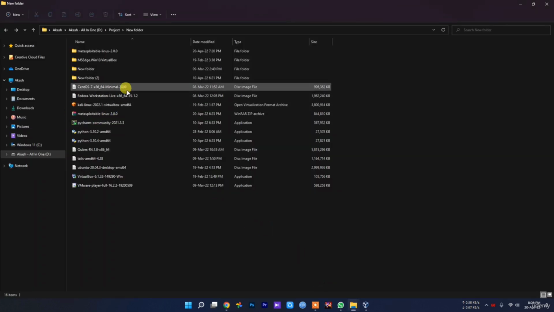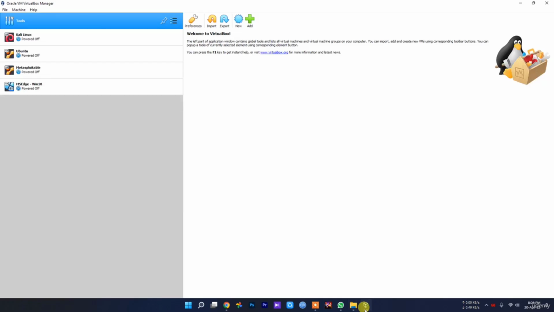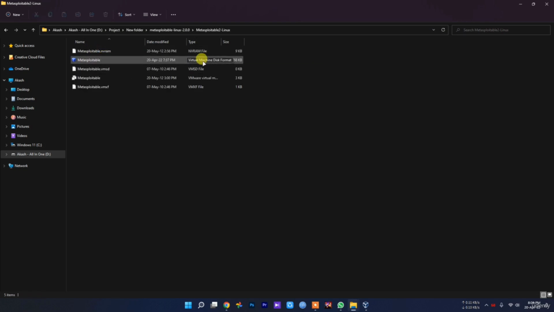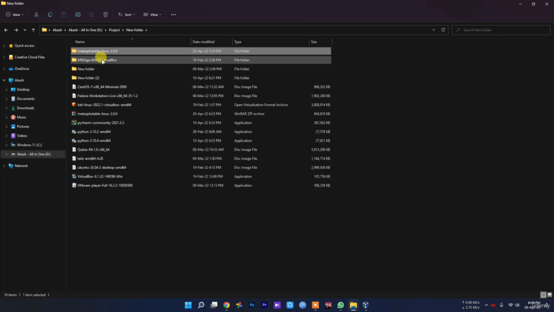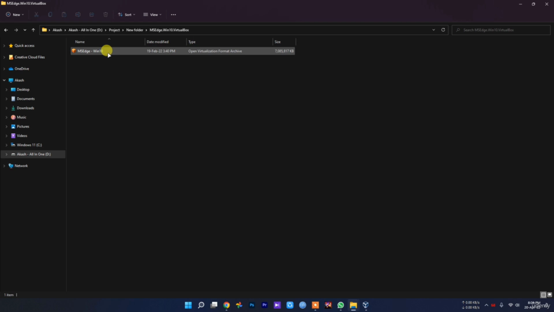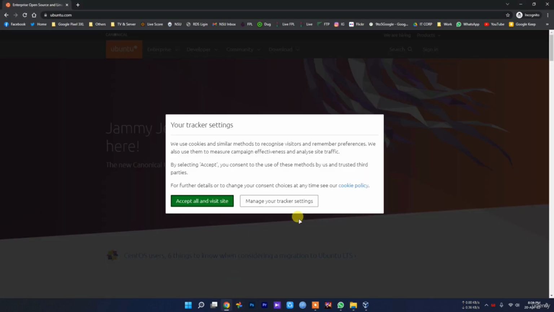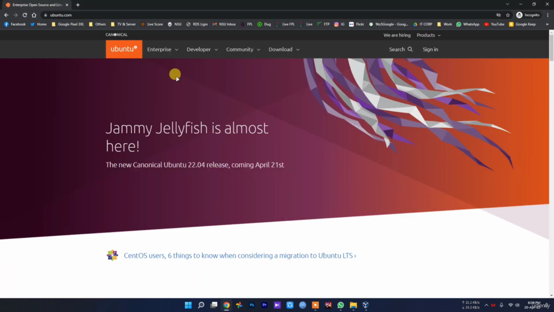Previously we didn't test how to install an ISO file on Oracle VirtualBox, because previously we tested this virtual machine disk, and also we tested how this fully virtual machine, which is Windows 10, works. But this time we will install an ISO. So first let's download